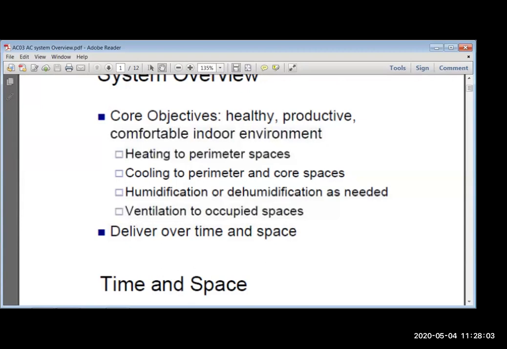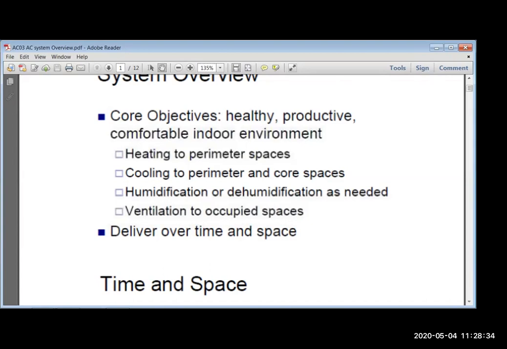Now, ventilation to occupied spaces. All spaces which are occupied for air conditioning, if human beings or some animals are living there, they need oxygen. For fresh oxygen, they need fresh outdoor air. Maybe winter, maybe summer. In summer, hot air is to be brought in and cooled to the room temperature. In winter, cold air is to be brought in and heated to the room temperature. So this is the purpose of ventilation to the occupied spaces.